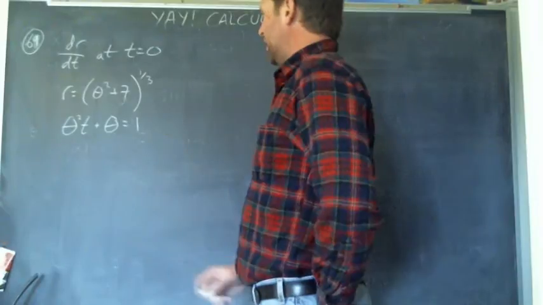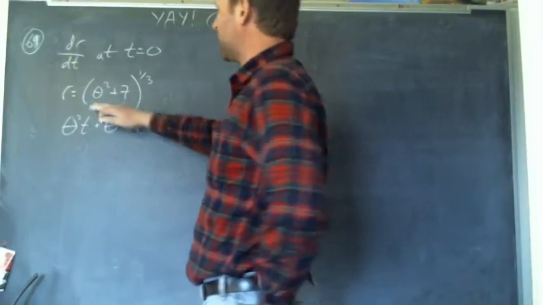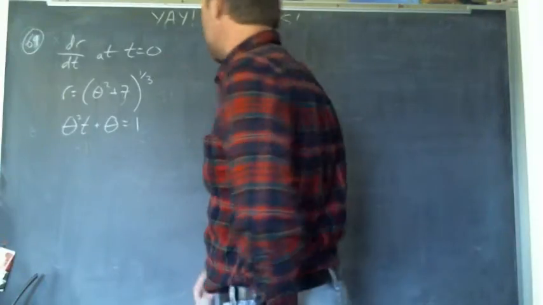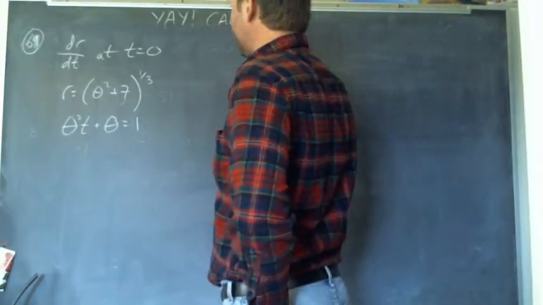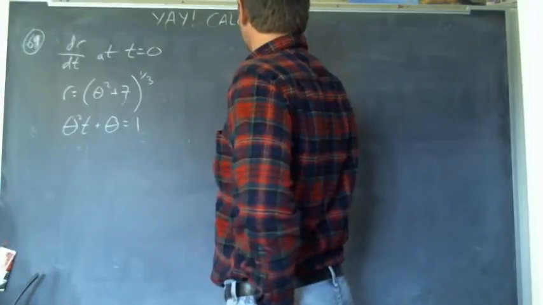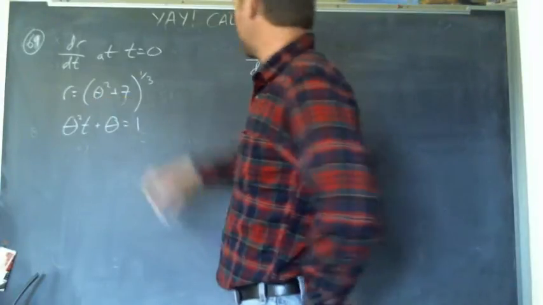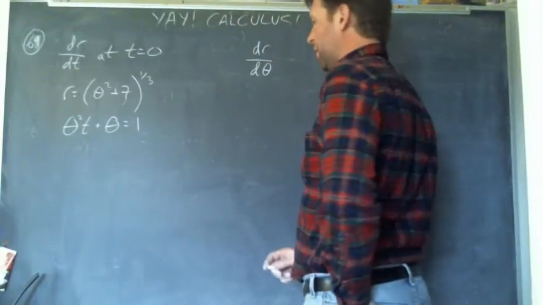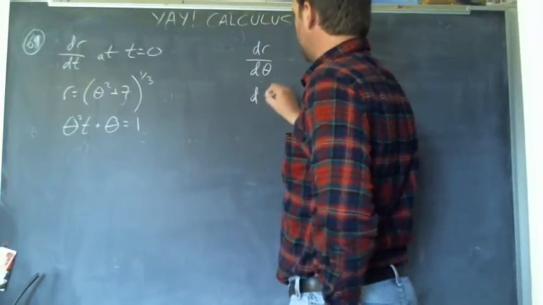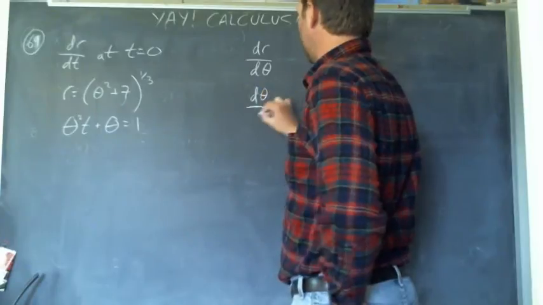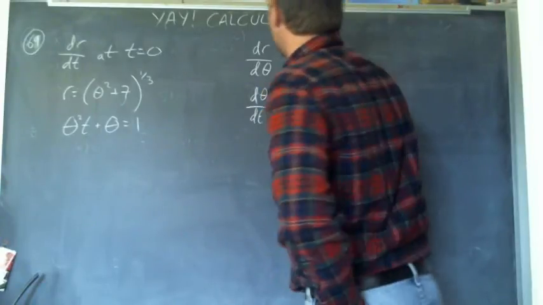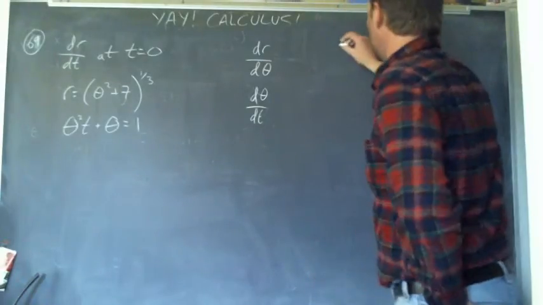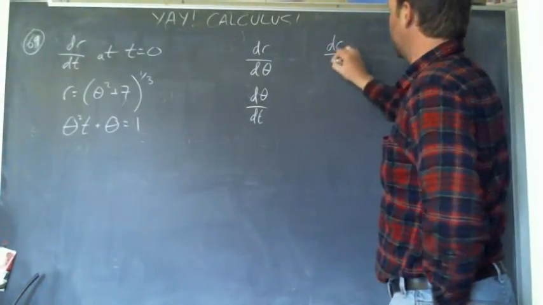Looking for dr/dt. But we're given r in terms of theta, and theta and t kind of. We don't exactly have theta in terms of t. So what we're going to do is look for dr/d theta. We can certainly differentiate r with respect to theta. And we'll have to implicitly differentiate theta and t to get d theta/dt. Because between the two of those, if we multiply them, the thetas will cancel, and we'll wind up with dr/dt. So eventually we'll do dr/dt